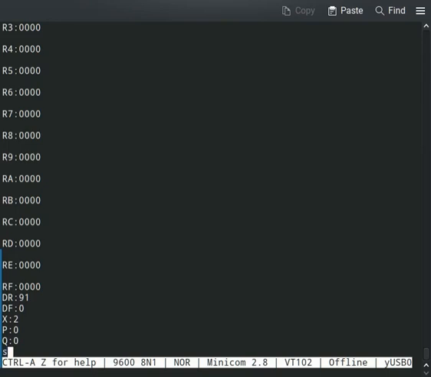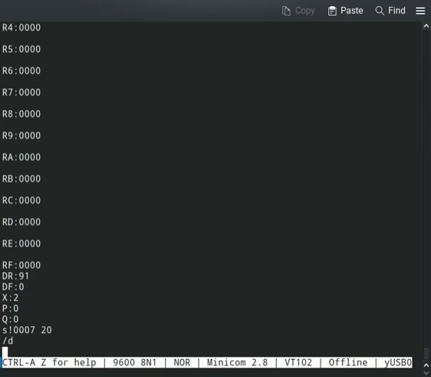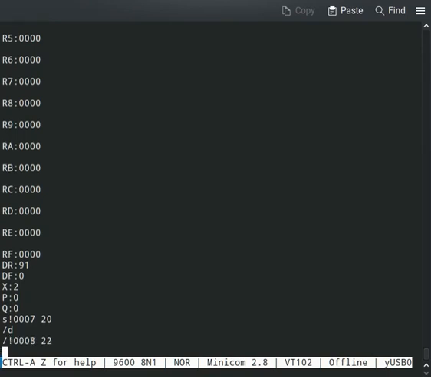So I could hit S to stop it. And if I look at the display now, it's got a 20 on it. And I could say single step. And now let's look. I just happened to catch it at the right place. Whoops, sorry. I'll do another single step. But if I do an exclamation point, sorry, then now I've got 22 on it. So just happened to catch it at a good spot. If I single step again,